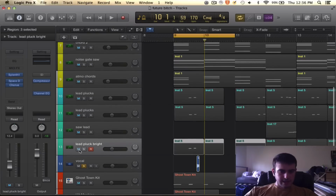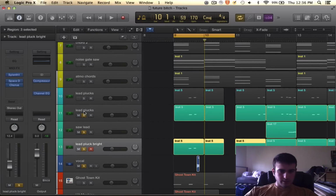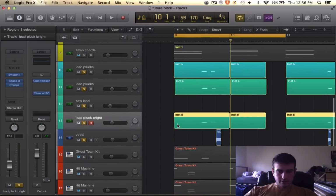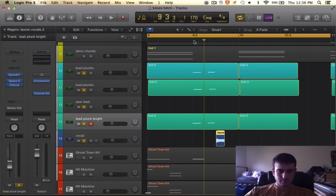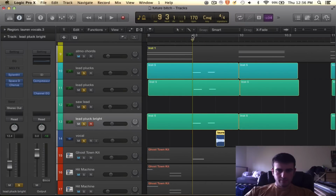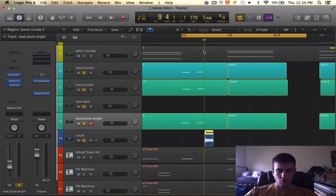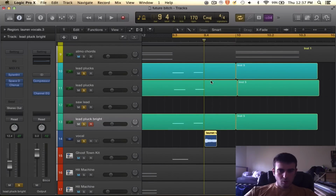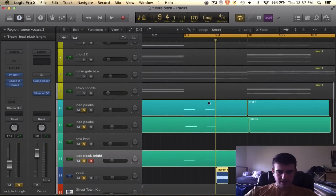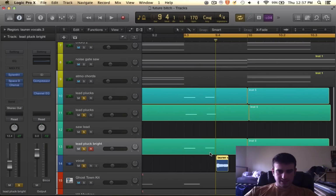And so now I want to show you what I did here with these leads. The leads kind of do their own thing, and then the vocal hits at a different spot, and this is what creates the rhythm. If I had layered these, it would not sound good. I wanted this to hit on its own time just to create that rhythm. To get a nice flow, that's the whole point of this track, I think. If you see, I have these leads hitting, then this vocal cut hitting,